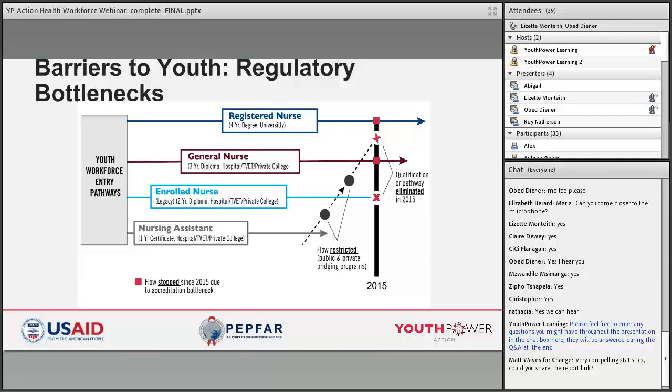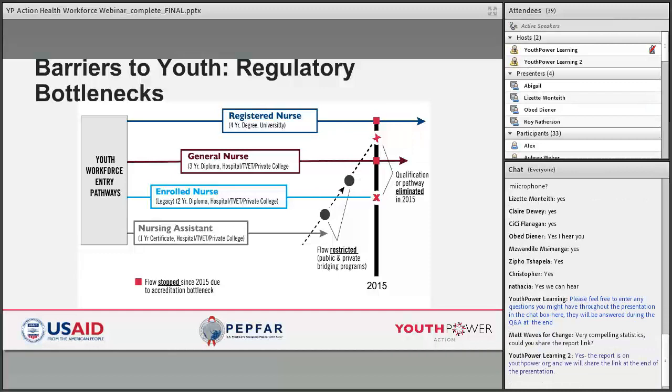And then a second barrier we find in this sector comes down to regulatory requirements and bottlenecks. And the example you see here is from the nursing sector, which is, again, explored in much greater detail in our report, but to summarize, the